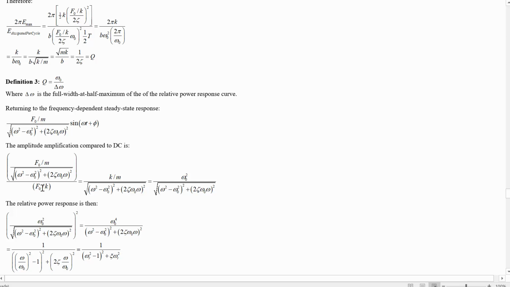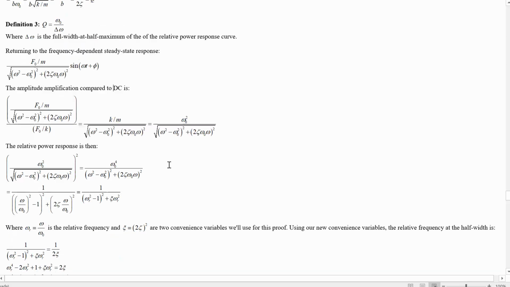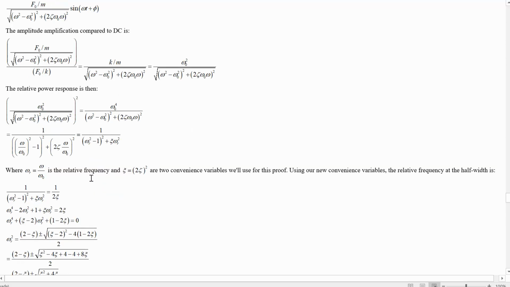We take this divided by f0 over k, and we get k over m in the numerator, which is the same as omega naught squared. So we could simplify this, especially after we square it to get the relative power response. By dividing by omega naught squared and simplifying it up a bit, you can see that this whole thing is really just in terms of two distinct variables. So we'll rewrite them. Omega and omega naught always show up together, so let's just call that omega over omega naught thing, omega r, the relative